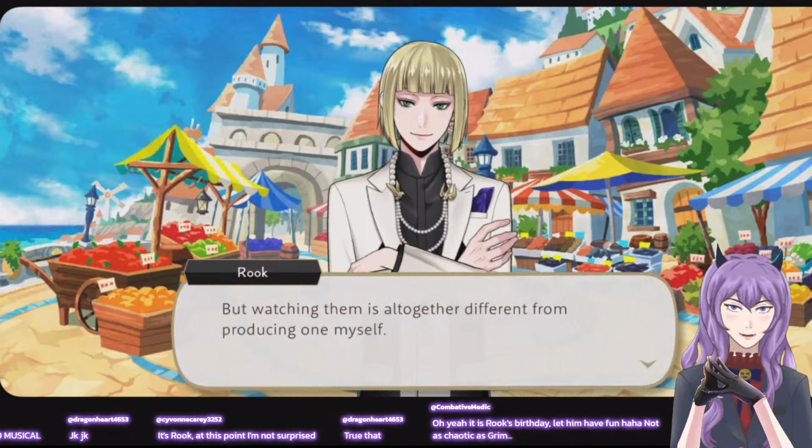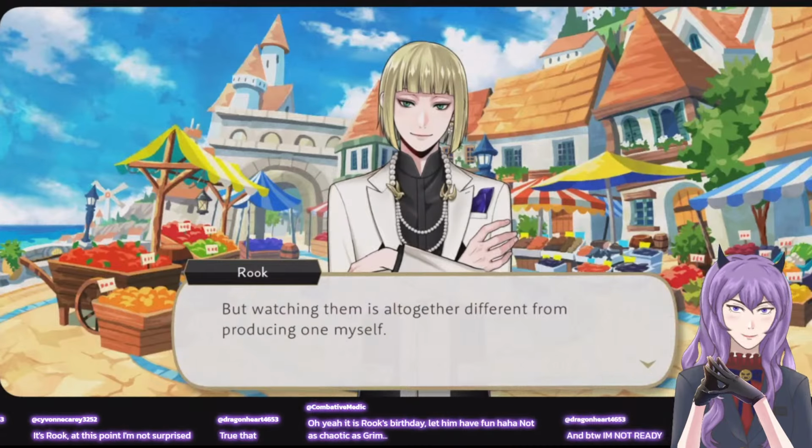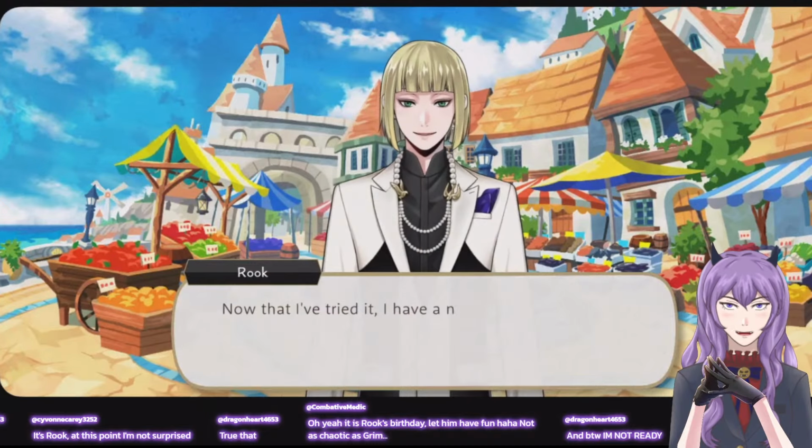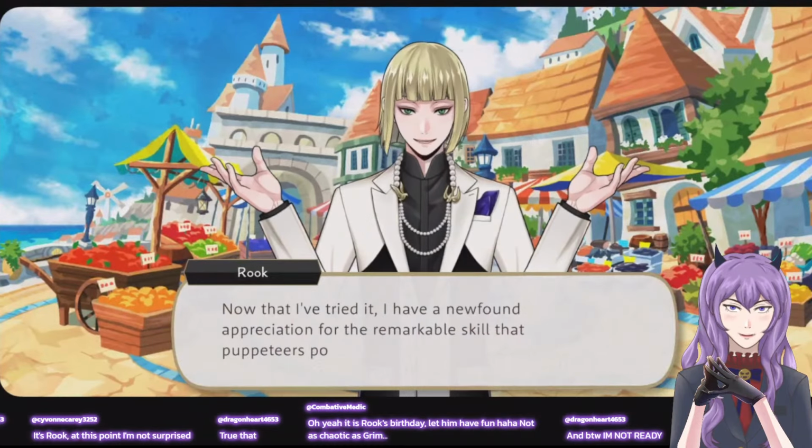But as we know, he actually can't play an instrument, as we found out from Portfest. So Rook can't play instruments. And I guess he's also not very good at performing for an audience, which is, I think, surprising. But yes, it is true. Watching and performing are two very different things.